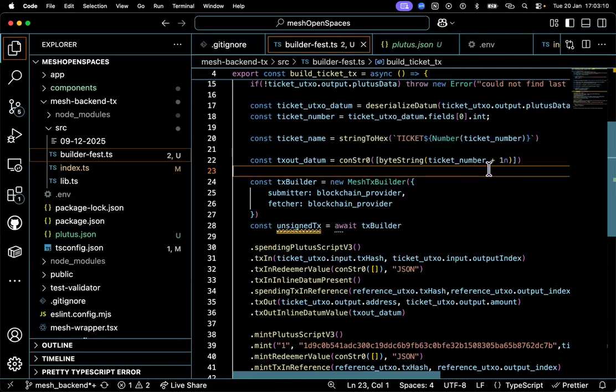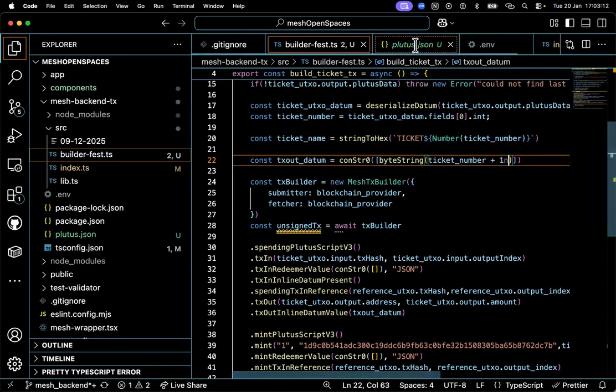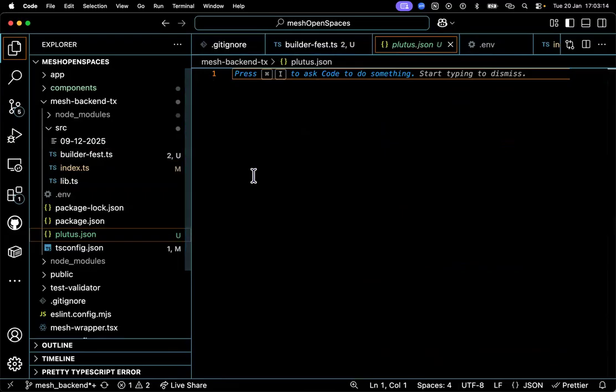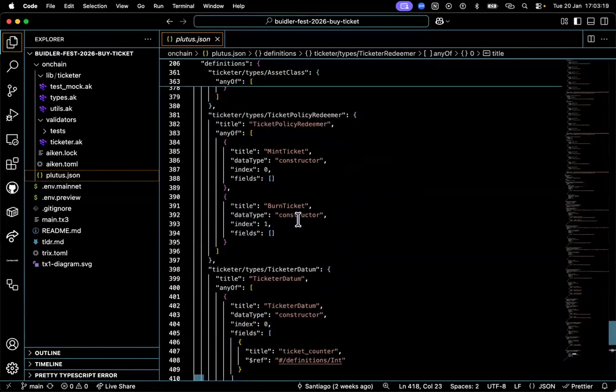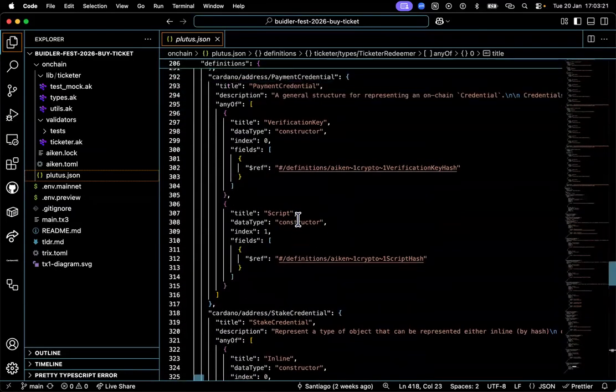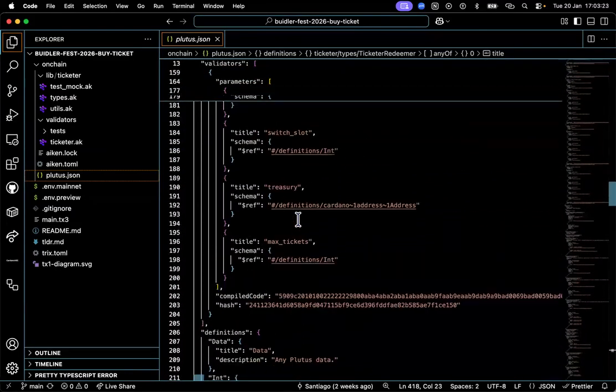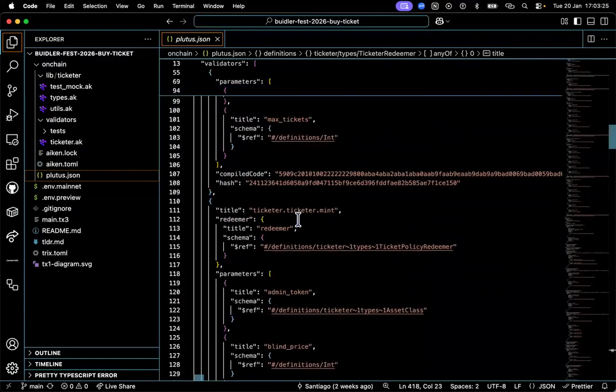It's not that we're not storing this as bytes, but it won't match the type we already have in our data blueprint.